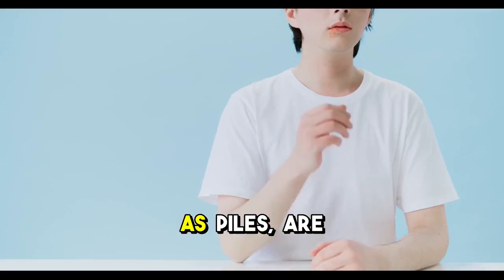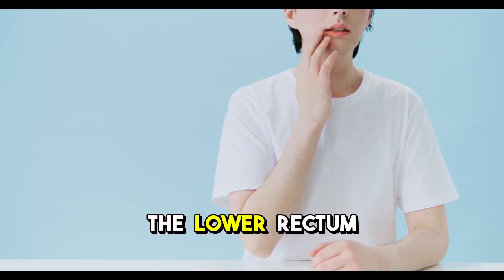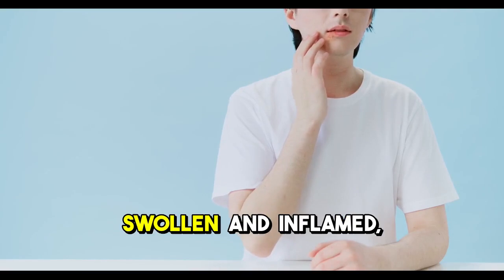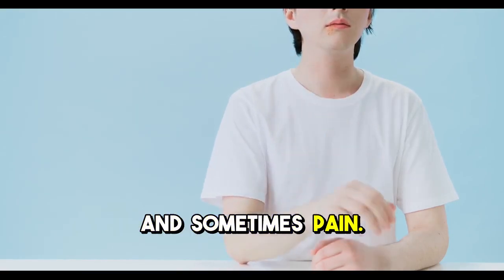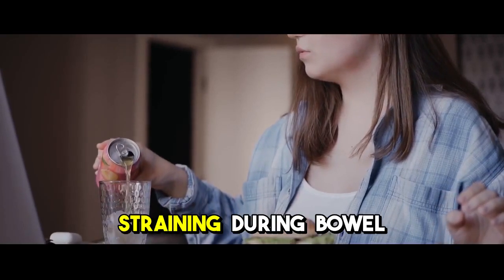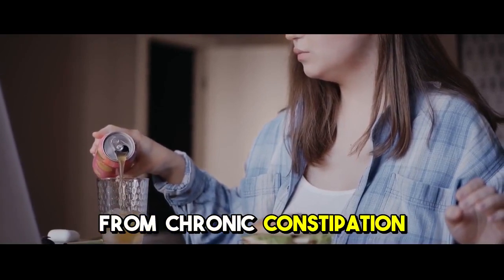Hemorrhoids, also known as piles, are a common but often misunderstood condition affecting the lower rectum and anus. They occur when the veins in these areas become swollen and inflamed, leading to discomfort and sometimes pain. One of the primary causes of hemorrhoids is excessive straining during bowel movements, which can result from chronic constipation or